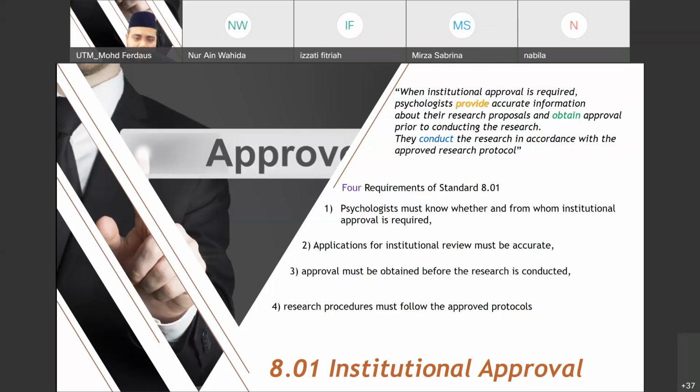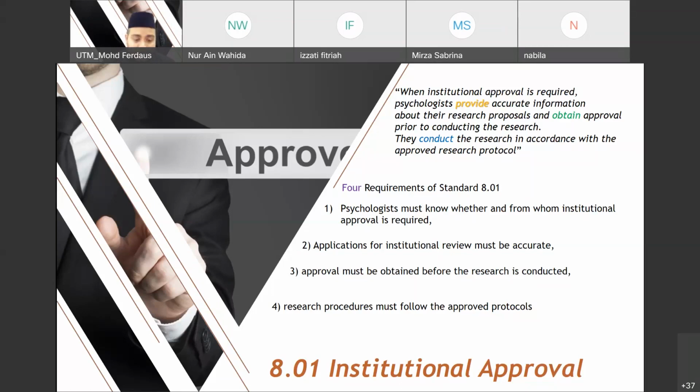Okay, I believe that in UTM we are yet to have an IRB, an institutional review board. They are in the process of establishing one. But the previous institutions we come from already have established ones. So for every research, including student research, we need to submit a proposal to them. We need to elaborate all research procedures and research methods that we are going to do in the proposal and ask for approval.